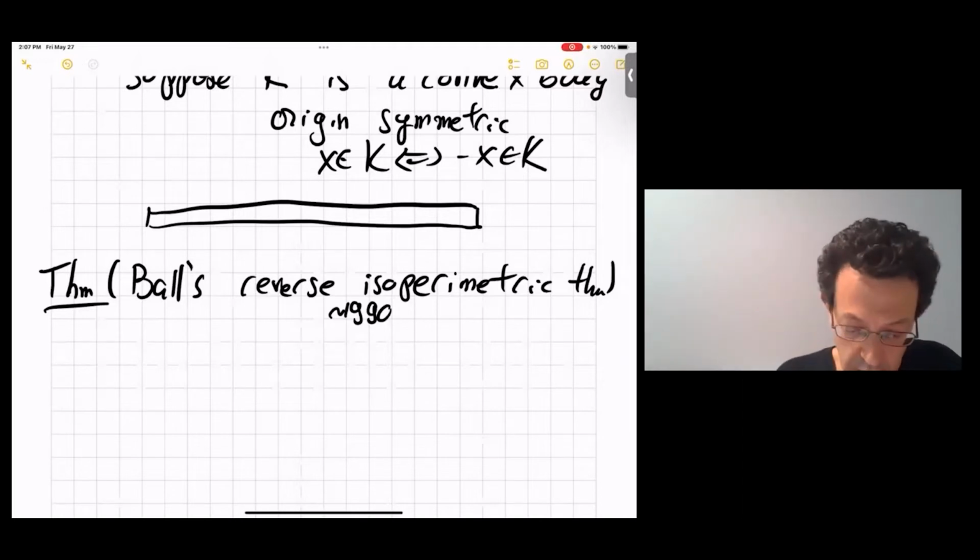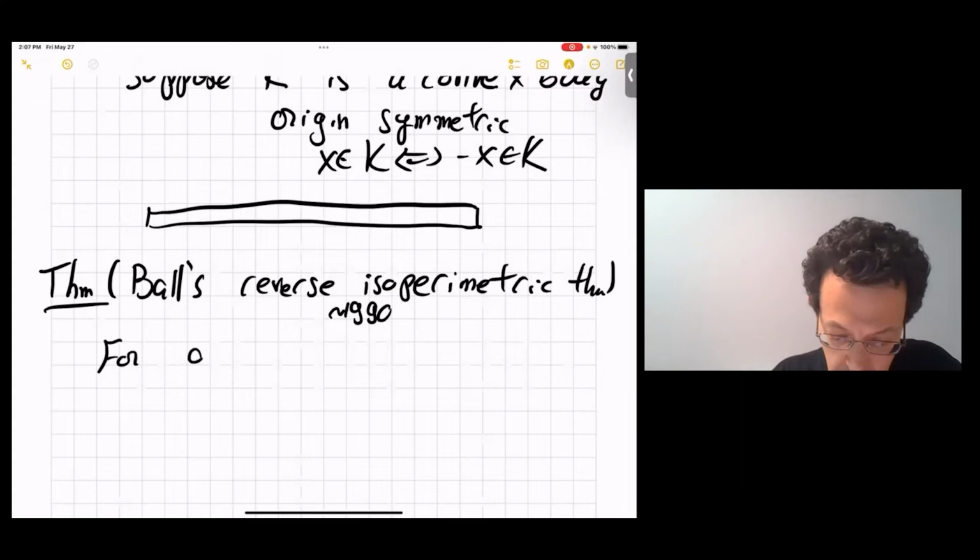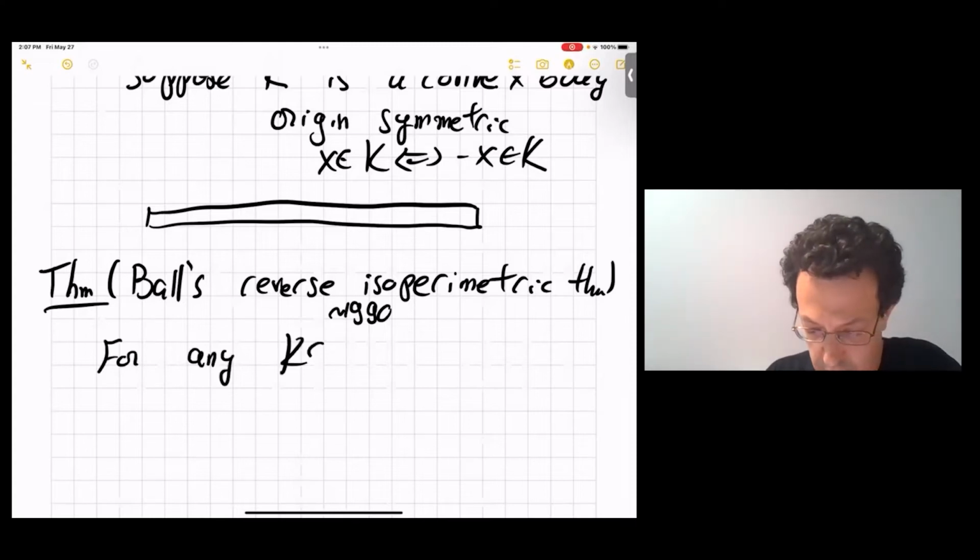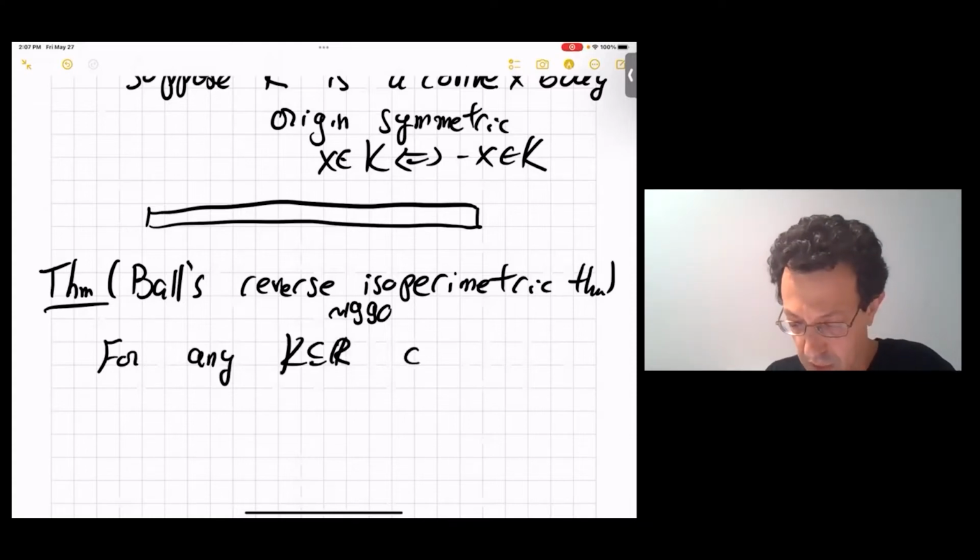It says that for any subset K of R^n as above, convex and symmetric,